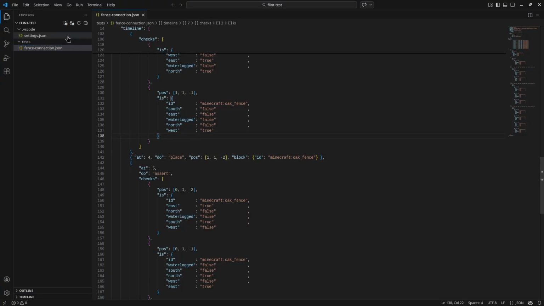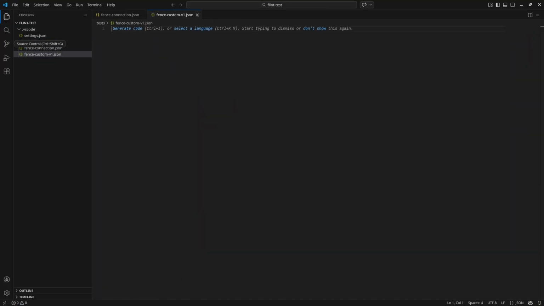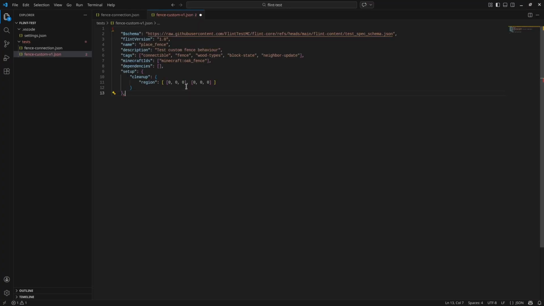Now coming back to our JSON, we will create a new JSON file. It's fence custom v1 JSON, and then I will directly copy some things. In the first version we're doing an easy, simple setup. That means we have a custom fence behavior, Flint version, schema, tags, Minecraft IDs already, and the setup, which we will not touch. Then we have a timeline,